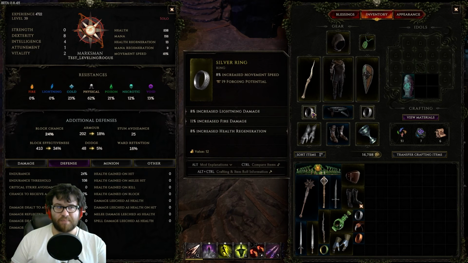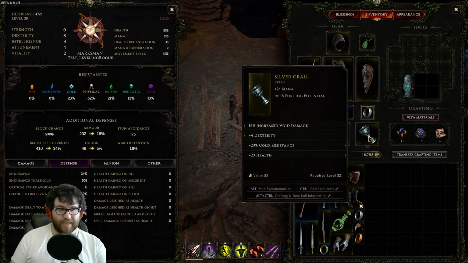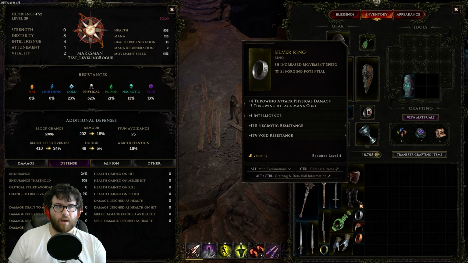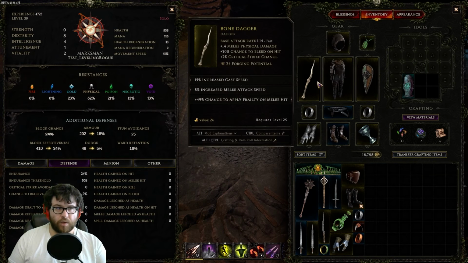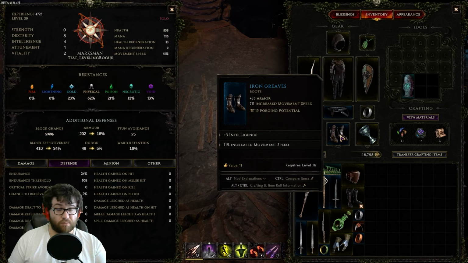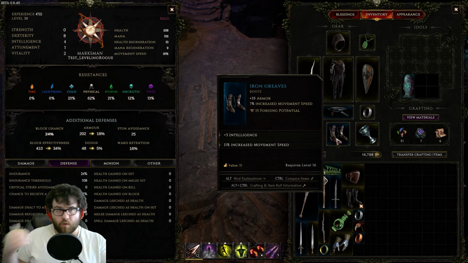Obviously, throwing attack speed, damage over time, stuff like that would be insanely strong. But if you're just on a budget like I was for this build, just throwing attack speed, a good weapon, and physical resistance and movement speed. Those are the most important parts. And then after that, then you can just follow the build guide at that point or swap over to a